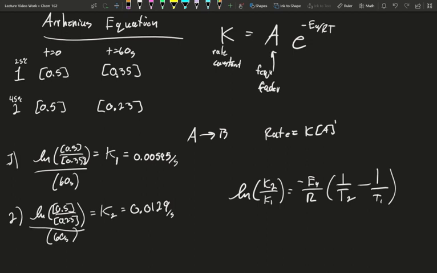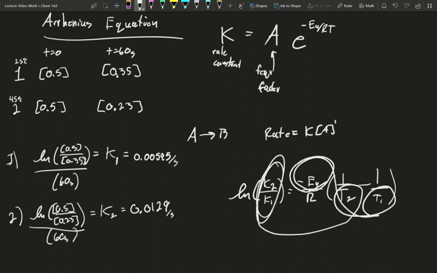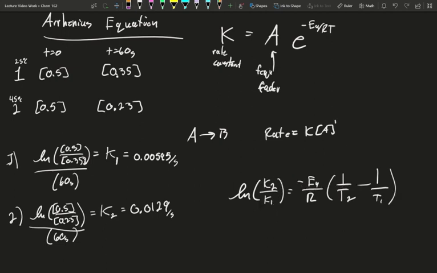We can derive the same equation out of the Arrhenius relation, which means if I know two rate constants from different temperatures, I can solve the energy of activation. Or if I know the energy of activation, I can solve rate laws at different temperatures. In this case, since we had data that gave us the K values at two different temps, I can plug